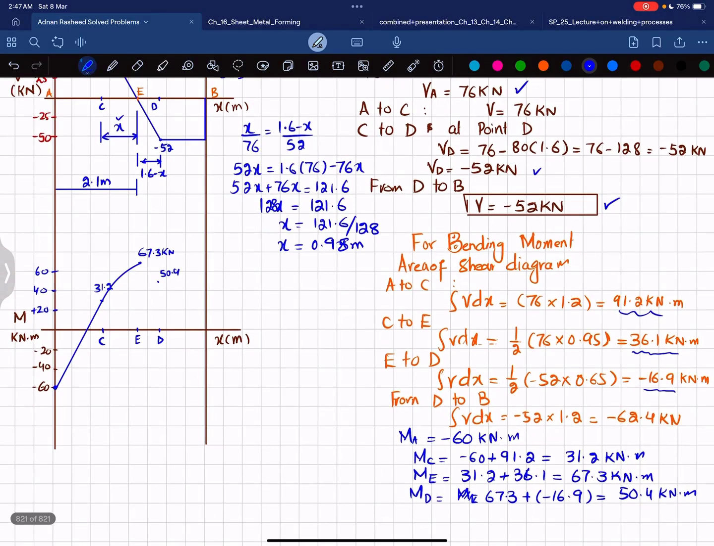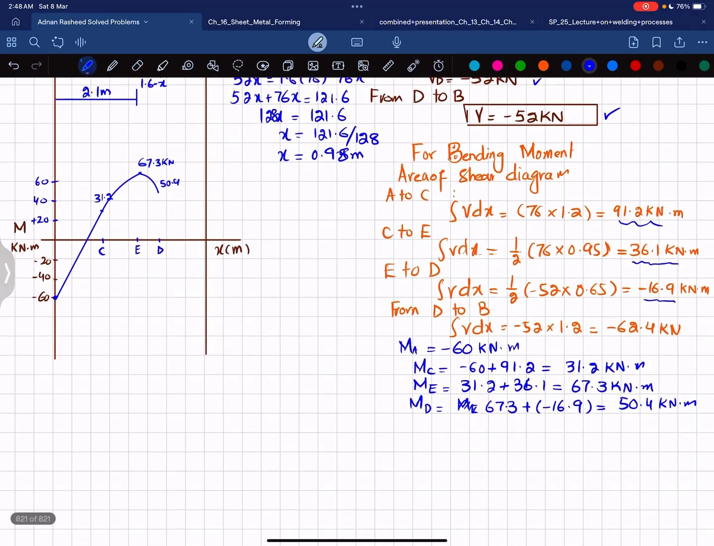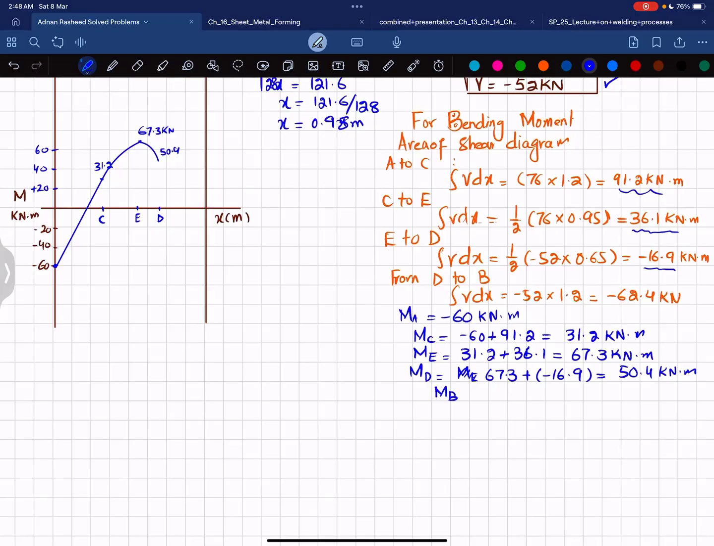Again you can see that shear force is a one degree, straight line, and slope is decreasing. So bending moment will be one degree higher, and it will be a curve in this form. Okay, and the last area or moment at point B is equal to moment at point D, which is 50.4,